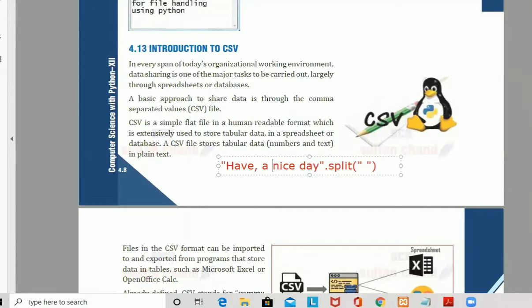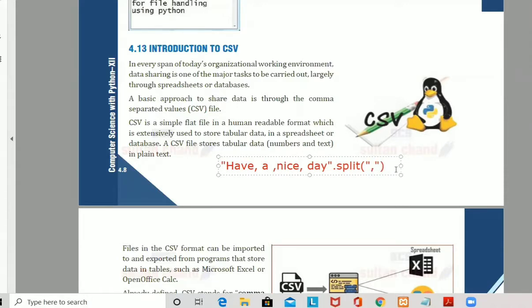So if I need to have any other delimiters which can split the string, I can have a comma, and I can specify the delimiter within the split function as comma. Now here the string is going to get split with respect to comma. So in this way we can have whatever delimiters we need. Even we can have a tilde symbol or a hash or whatever delimiters we need.